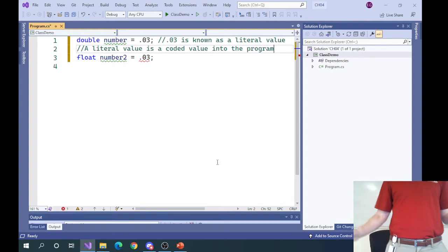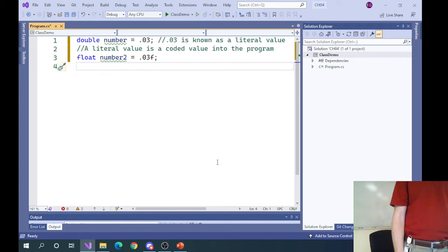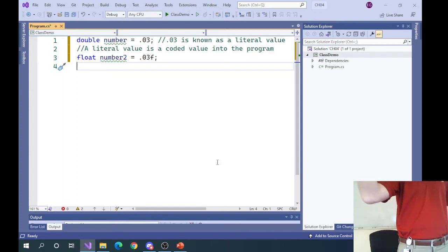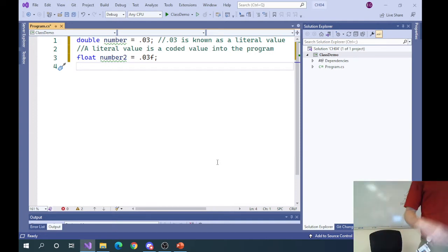And there are different ways to convert. One way to convert this is by just putting an F. So by putting that F there, you're converting a double, which it is by default, and you're performing a narrowing conversion. You're saying, you know what, this 0.03, I know that there could be data loss, but there's no data loss. It's just 0.03. I know what I'm doing. Let's go ahead and make sure that it's a float on the left, it's a float on the right. So because it's a narrowing conversion, the conversion has to be coded by you. That's called an explicit cast.